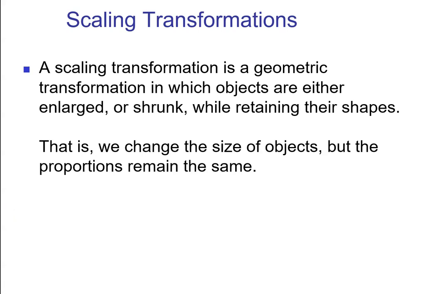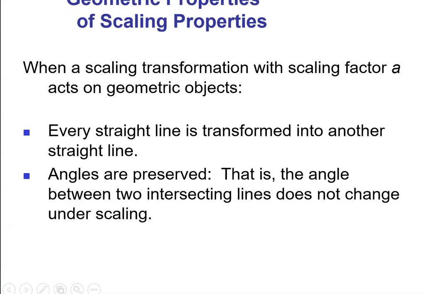A scaling transformation is a geometric transformation in which objects are either enlarged or shrunk while retaining their shapes. That is, we change the size of the objects, but the proportions remain the same. So we have some geometric properties of scaling. When a scaling transformation with scale factor A acts on geometric objects: